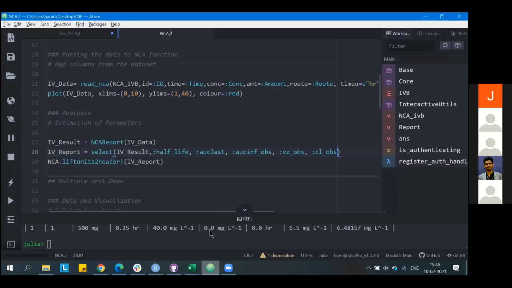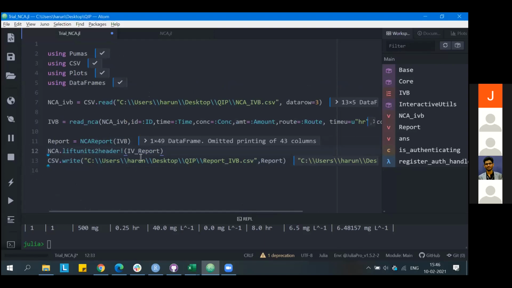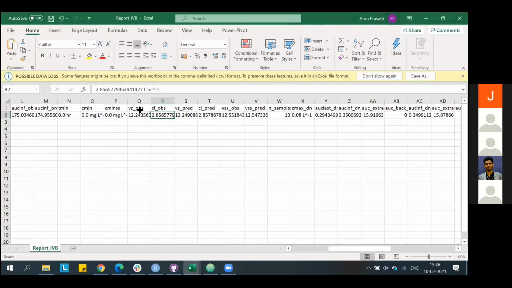So this command, nca.lift units to header, will completely shift all the units. I can just do it the same way. If you see the results right now, we don't have the units in the headers.